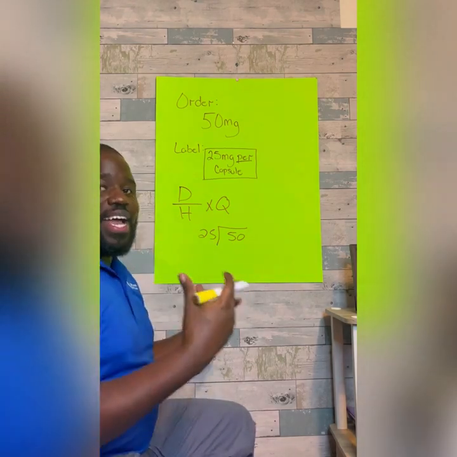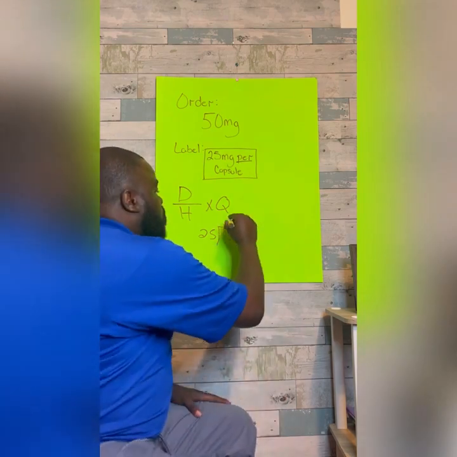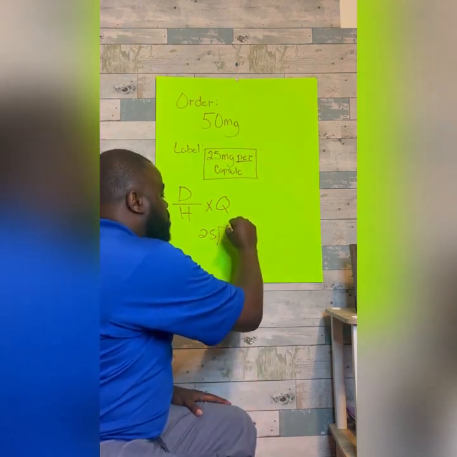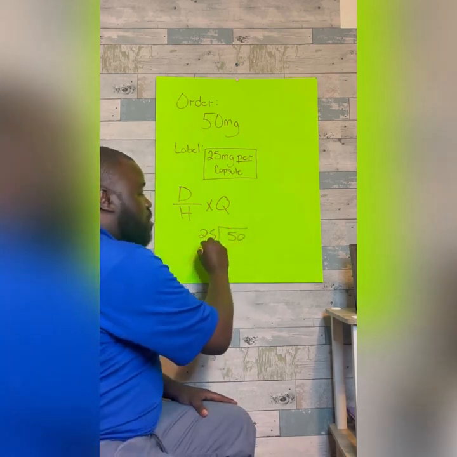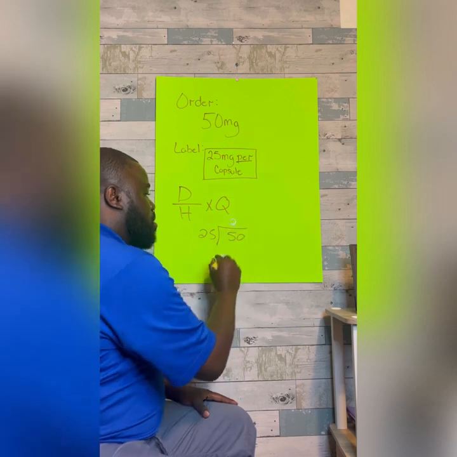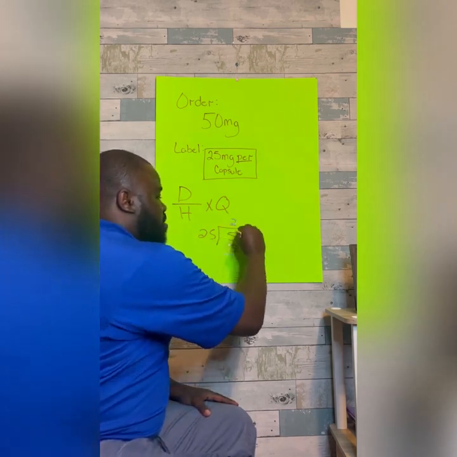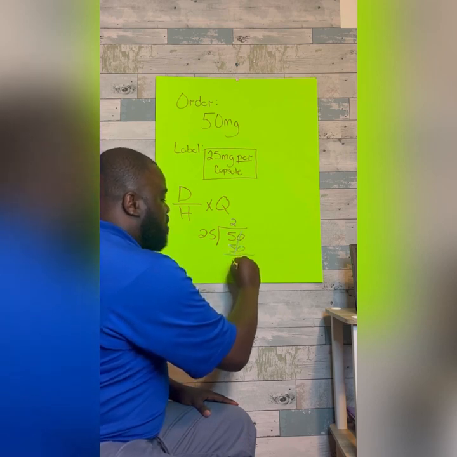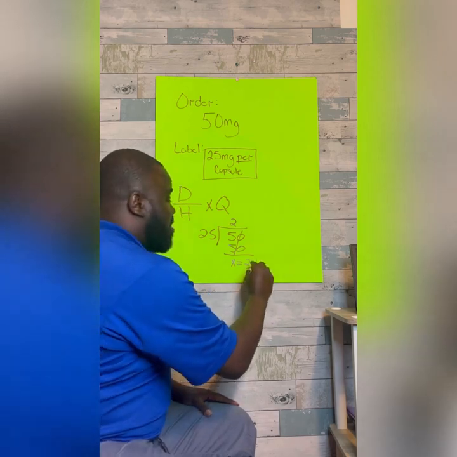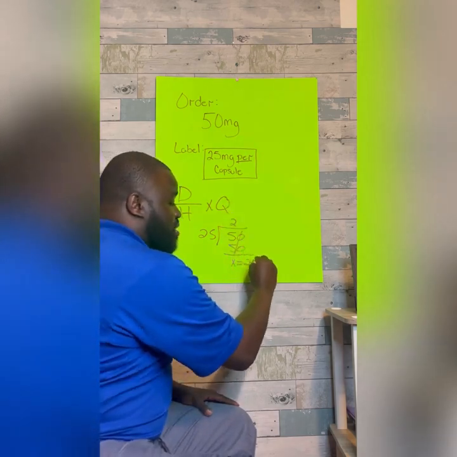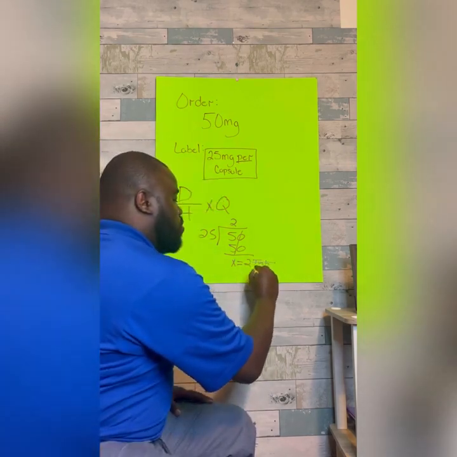But again, we want to calculate this and not just go by our hearsay. Okay, so we're going to say how many times does 25 go into 50? Well, we know that 25 goes into 50 2 times. 2 times 25 is 50. We cancel that out, and we know that our x equals 2. Watch this. Not 2 tablets. That's not what it says. Okay? 2